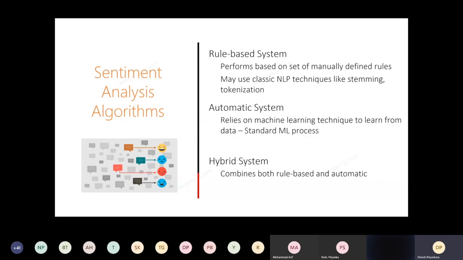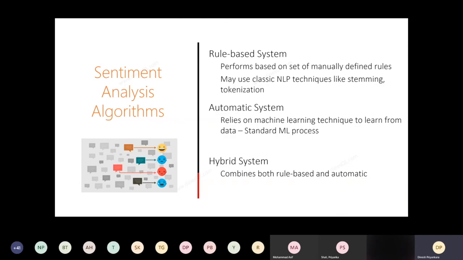For example, if I want to find out whether something is positive or negative, the first thing I can do is collect all my positive words and put them in one container. Then I can take all my negative words and put them in another container. So I have two containers. One has positive words, and my second container has negative words. Now, if I get a sentence or text to be analyzed, and I want to find the sentiment value of it, I can just check the number of words.